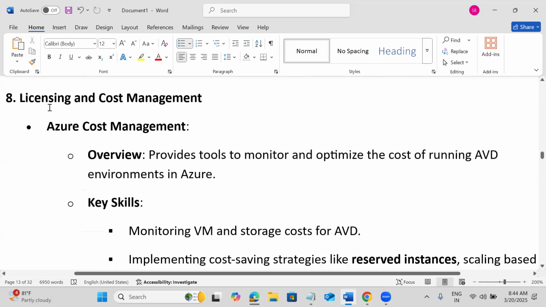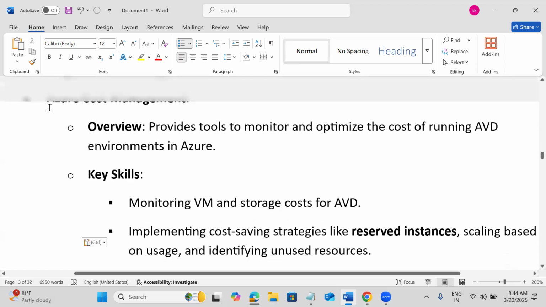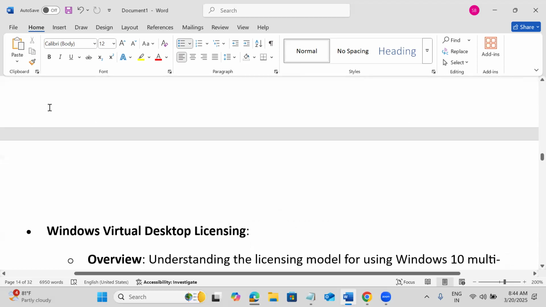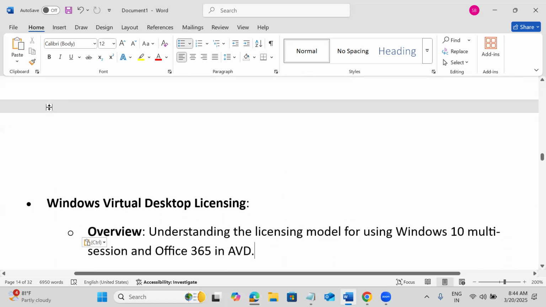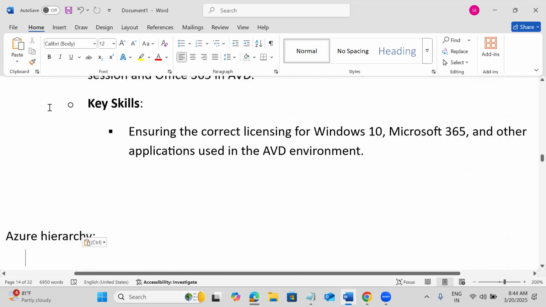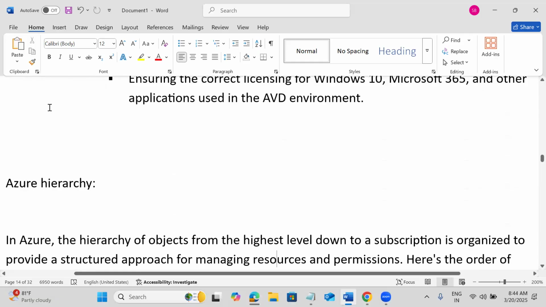Then cost management, all this also we need to use. We need to reduce the cost and for this we need to use Cost Management. Then we have one more service. What is that service? Advisor. We can continuously check the Advisor. Azure gives some recommendations based on our infrastructure. That is up to us whether we follow or not.